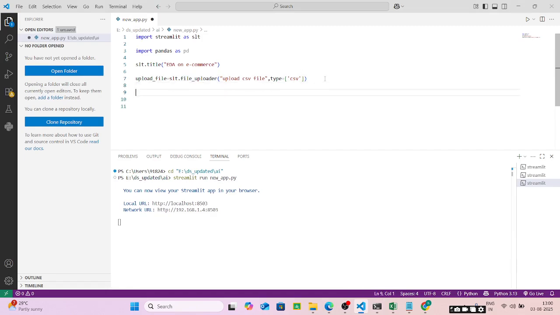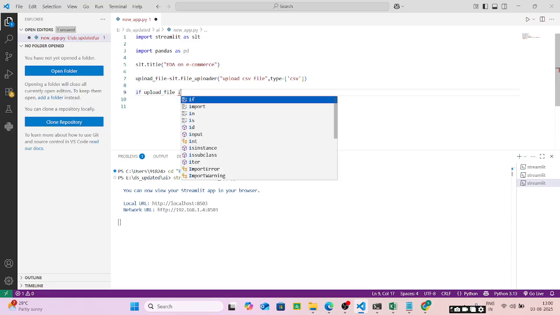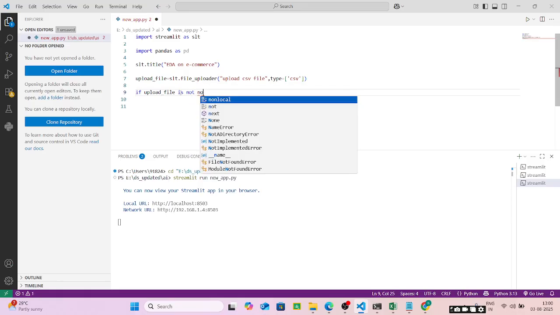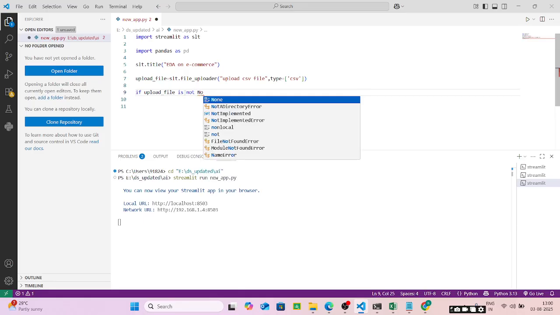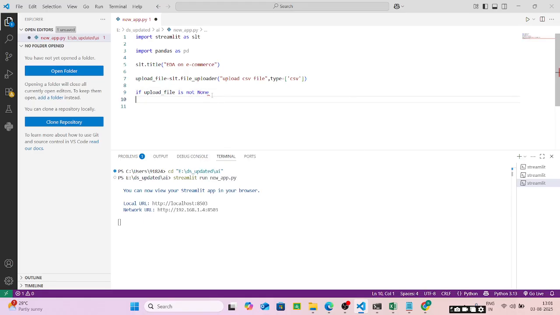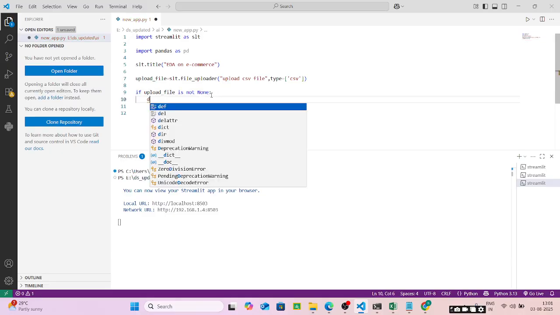Now go to here. If upload file, what is upload file? This is the variable name. If upload file is not none. It is not nothing. Just it is none, right? None. Yeah, none. What is this? Data is equal to